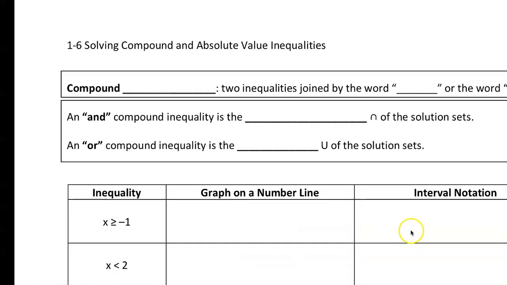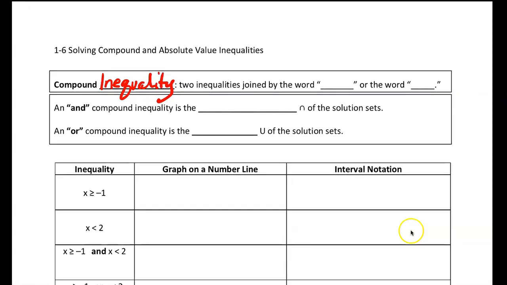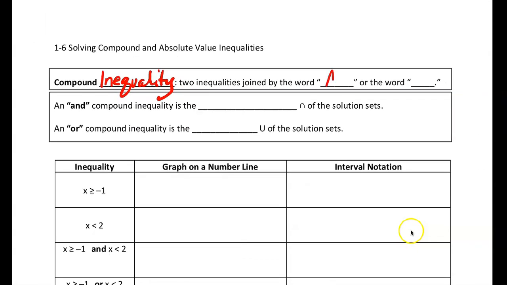A compound inequality is two inequalities joined by the word "and" or the word "or." The idea of being compound is that two things are joined together. So an "and" inequality